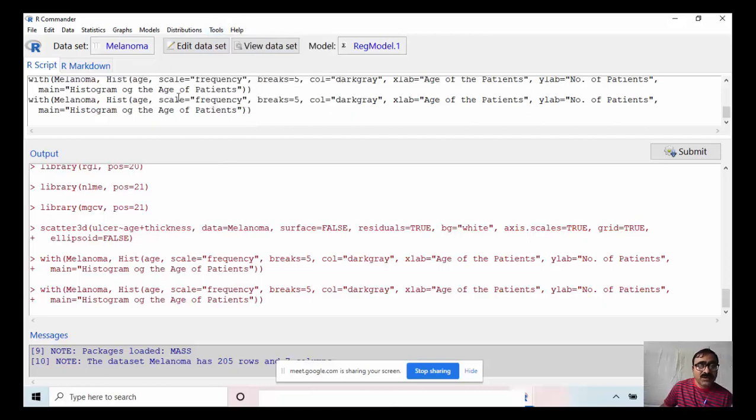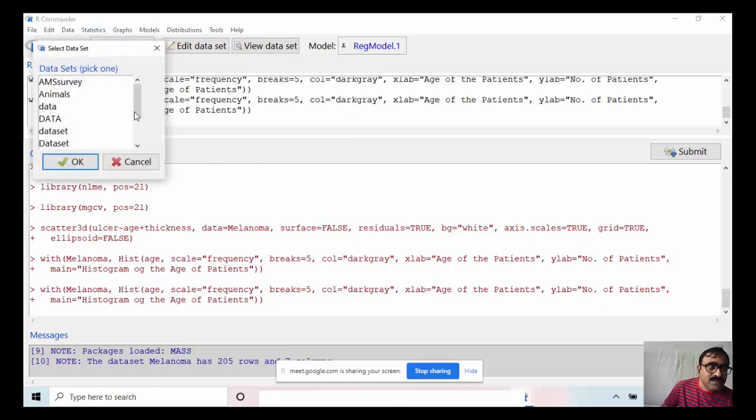Now I am going for another dataset for analysis of variance. So I am going to another dataset. This is on animals. All these datasets are in an R package, that is the MASS package. So you can access these datasets freely also.